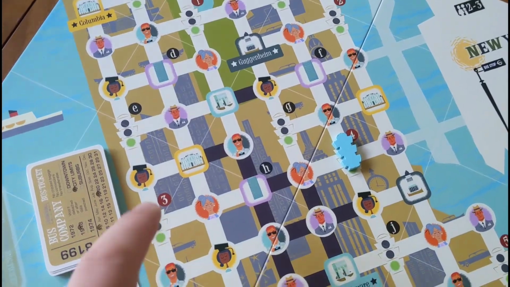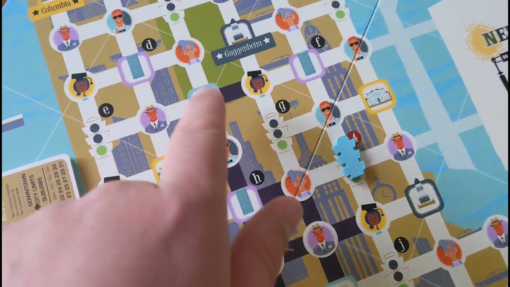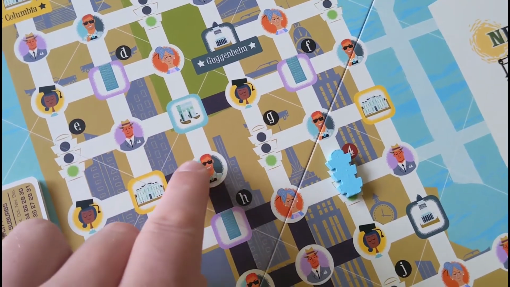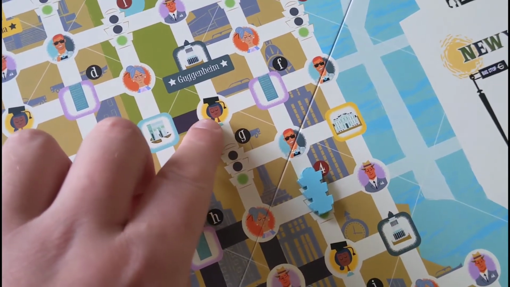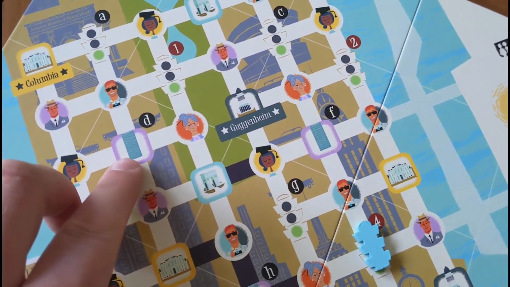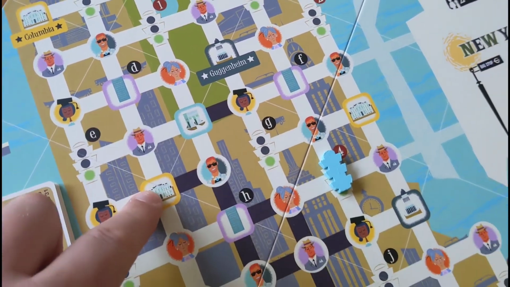these different streets, and you can see at all these junctions you have all these different icons, such as these different pedestrians, these businessmen, you've got these tourists and these students. You also have some landmarks, and you also have some other buildings as well, such as these skyscrapers, schools, and